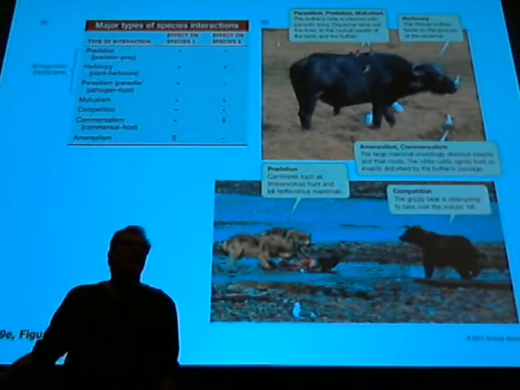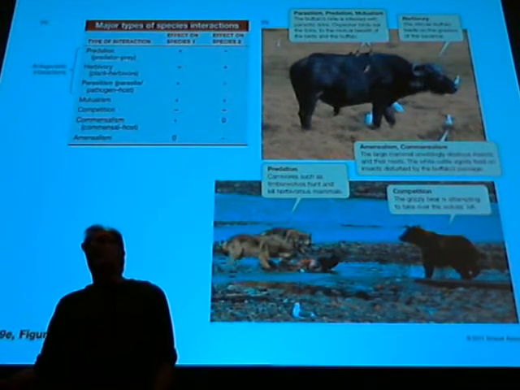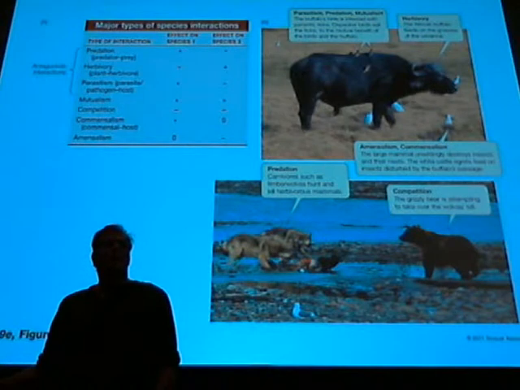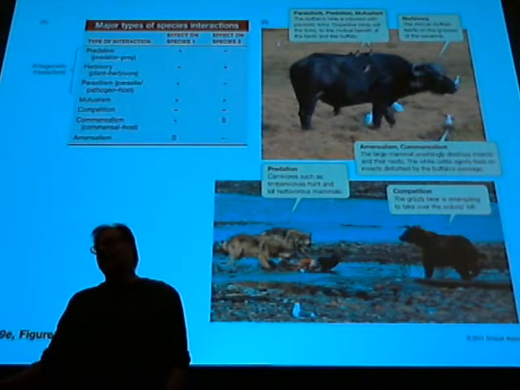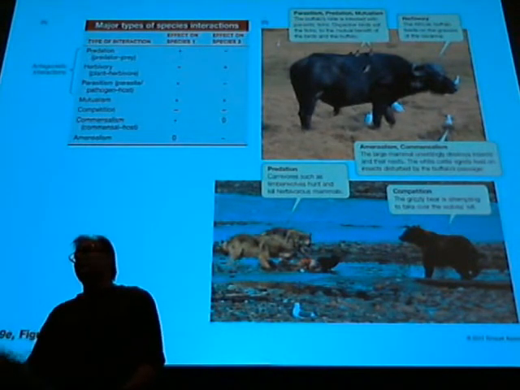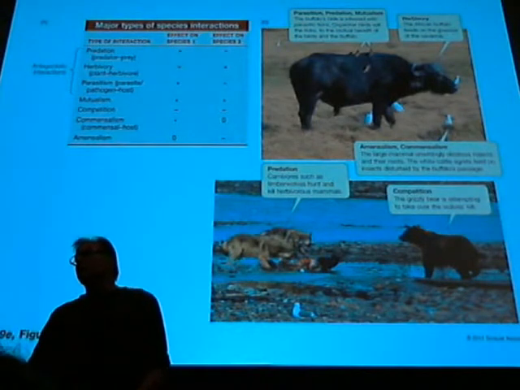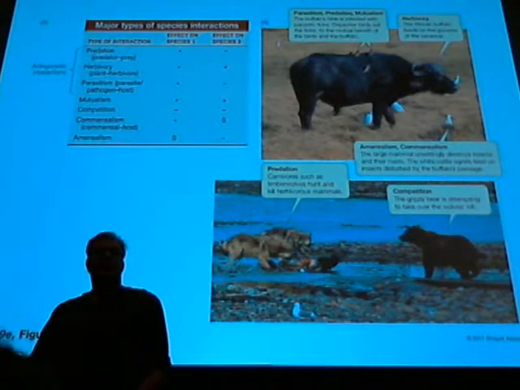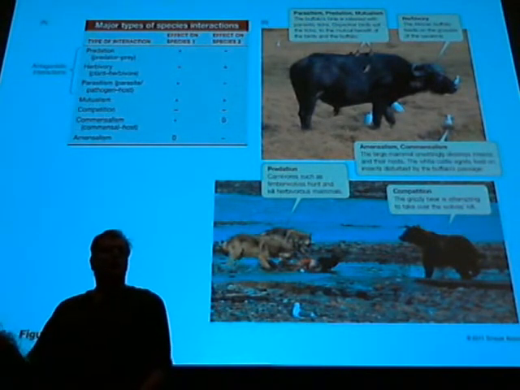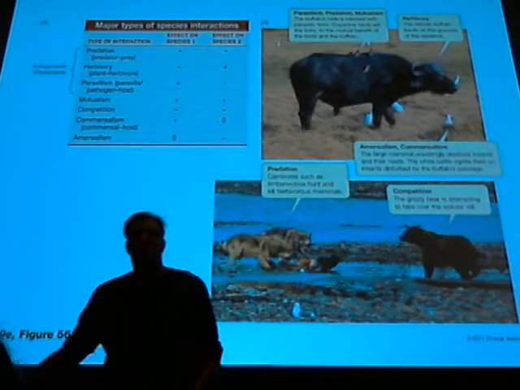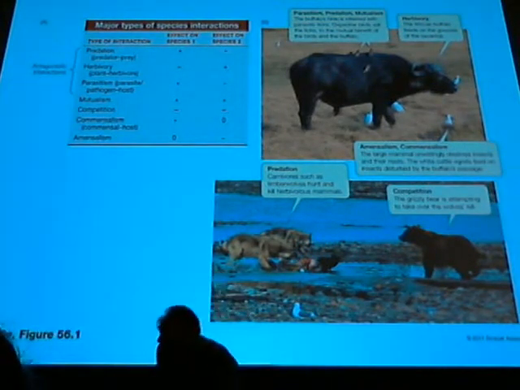But even when you have a minus-minus interaction, it's still possible that there's a winner, right? Who's the winner? The one who loses less, right? Okay? So even in minus-minus competitions, there is usually a winner, and that's the one that experiences a relatively lower decrease in fitness, right? And then you have